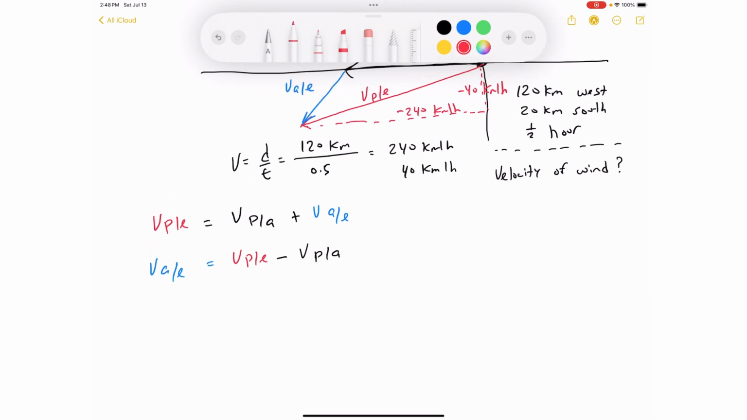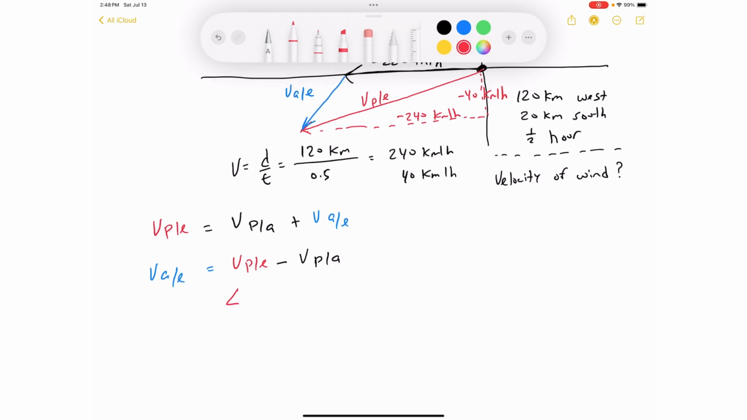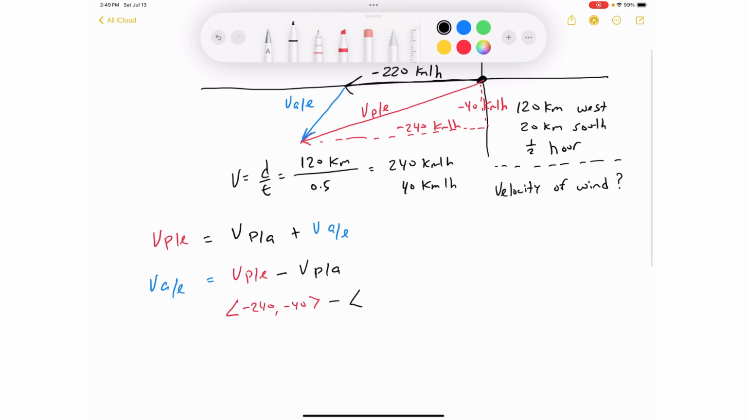So what is the velocity of the plane relative to Earth? That's the red one. I'm going to write this in vector notation: negative 240, comma, negative 40. That's that vector. And then we're going to subtract it, right? Look at our problem. We're going to subtract it from the black vector, which is negative 220 and 0. It's not going down. And so if you do that,